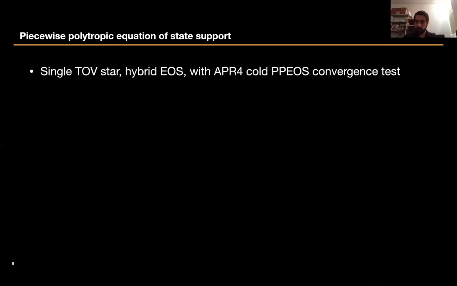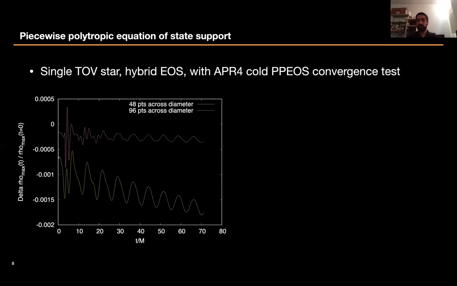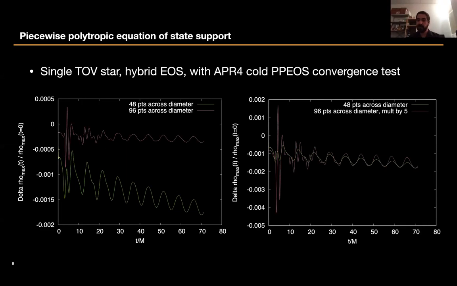So we subjected our implementation to more stringent tests. Starting, for example, with a single TOV star, adopting a hybrid EOS where the code pressure is modeled by one of the piecewise polytropic EOSs in the previous plot, we have analyzed the drift in the central density as a function of time for two different resolutions. We see that by doubling the resolution, the drift is much smaller, and you can ask how much smaller. Well, we multiplied the smaller one by 5, and we see a pretty good overlap,